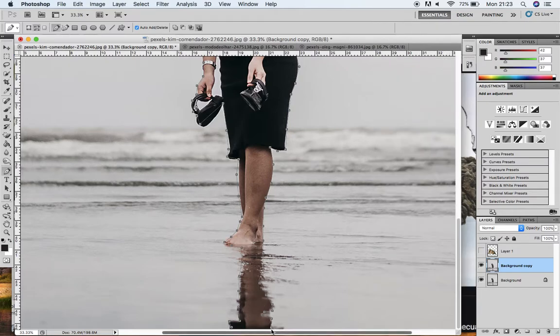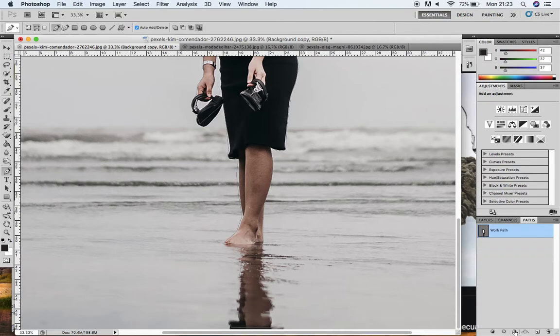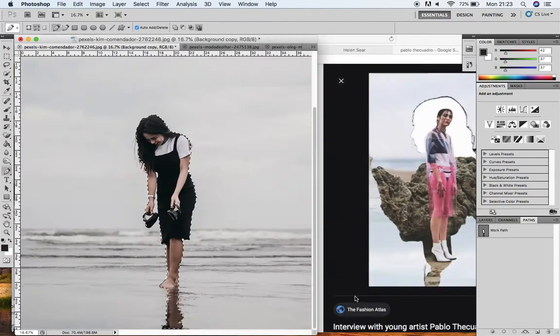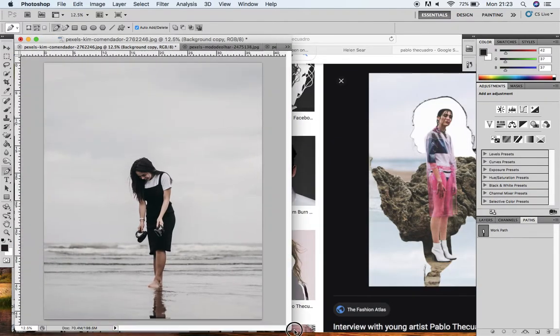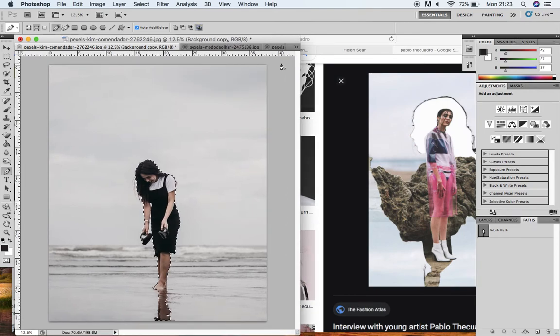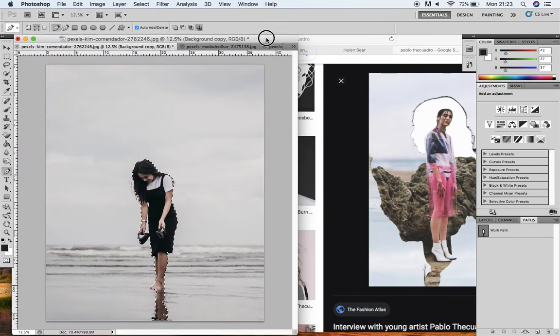So then my last anchor point is here, and now I'm going to join it up with my first one there to create that pen path again. So once again, I'm going to move over here into the paths palette, and I'm going to change it into a selection. Now I'm just going to zoom out. Now there's two things you could do. I could either inverse it and then delete the sky and the sea just like we did with the rock,